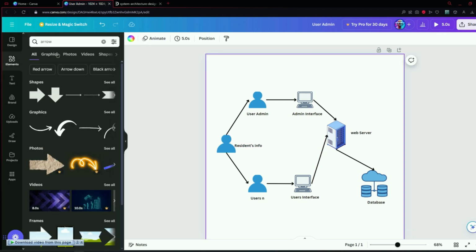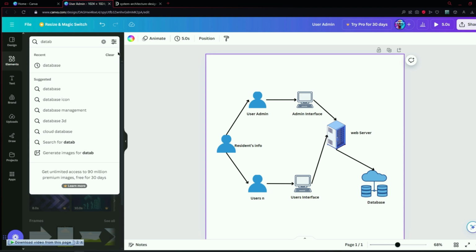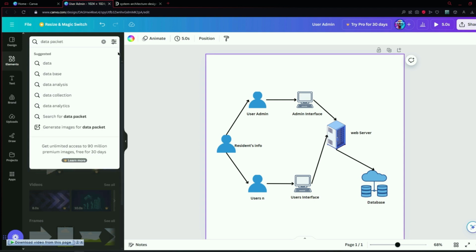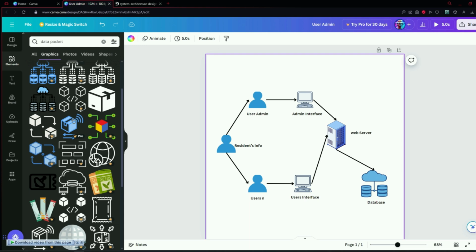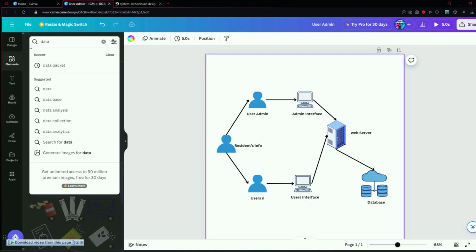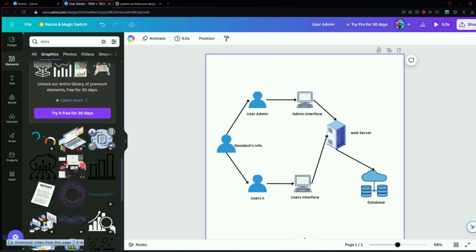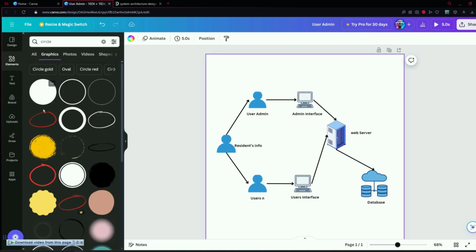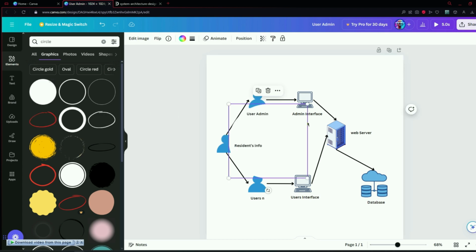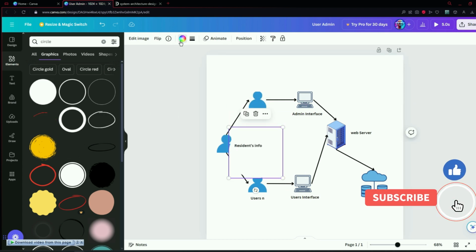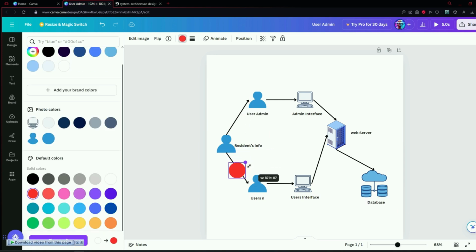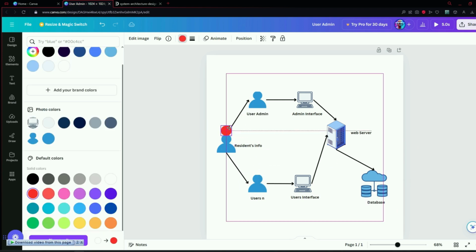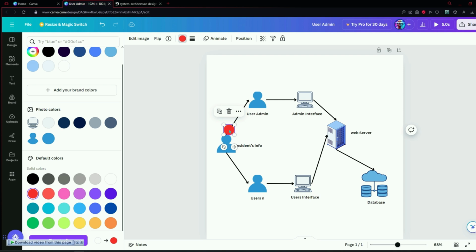For now, we just need to search for data packet or some type of a circle. Let's just search for elements. Click on see all, and we might not find the data packet, so just search for data. If you don't find anything like that, we can just go for a circle. If I click on circle and we have this, let's just use a simple one. Obviously, we need to change the color so that we can see it clearly. After that, you just need to put this in right here, and you can make it smaller or adjust it according to your needs. For example, data is initially right here,